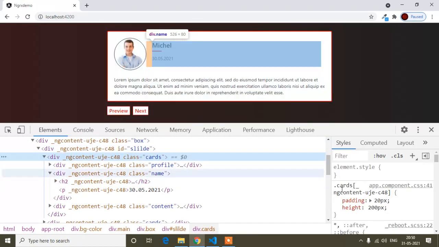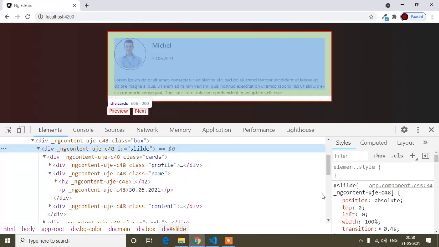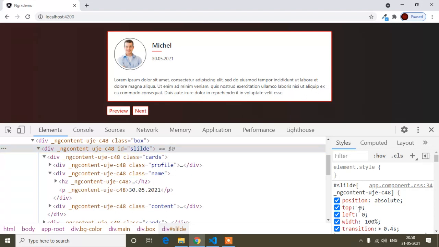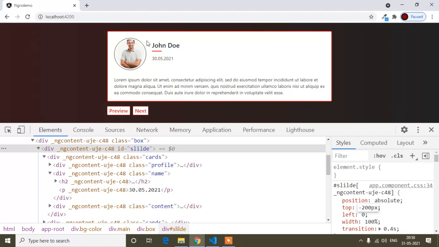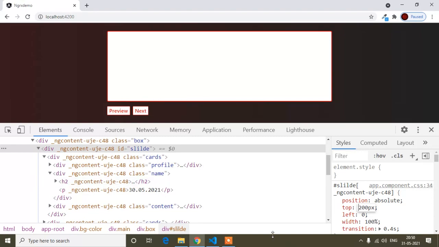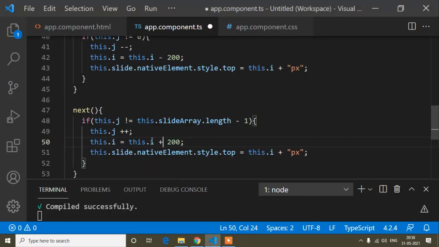If I set this in the slide property, when I click the preview button it will be minus 200, and in the same way when I click the next button, the first slide has to come back, so it will be plus 200. Okay, like this way. So here I have to write plus 200, and the rest will be the same.